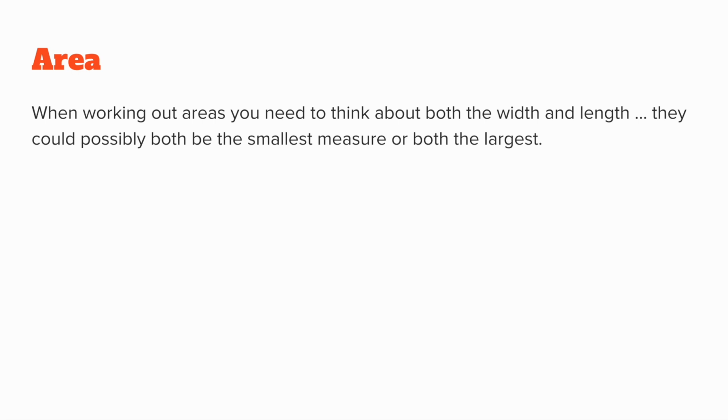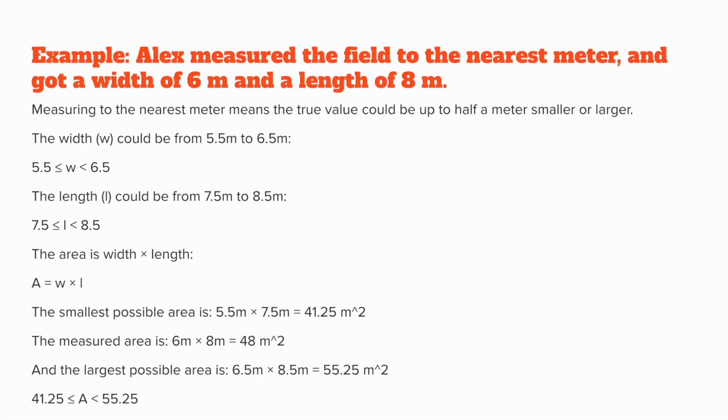Now let's look at the area. When working out areas, you need to think about both the width and length. They could possibly both be the smallest measure or both the largest. For example, when we say Alex measured the field to the nearest meter and got a width of 6 meter and a length of 8 meter,